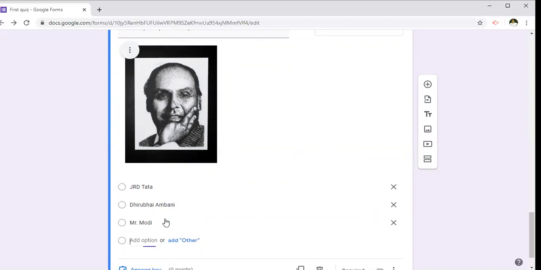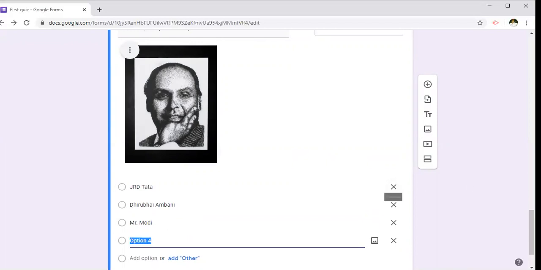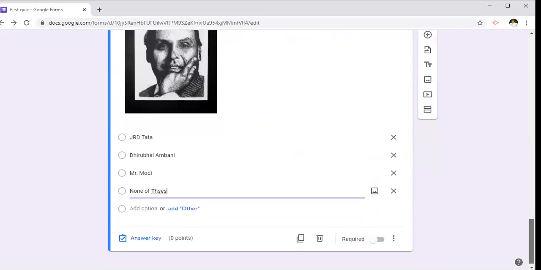Can give any names to confuse the students, and none of these. None of these, or give some other name so that students get confused. None of these. Okay. So now what we have to do?